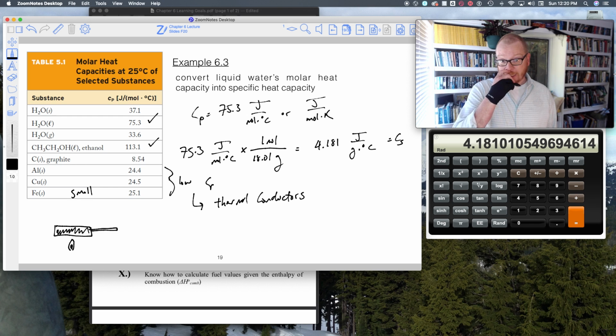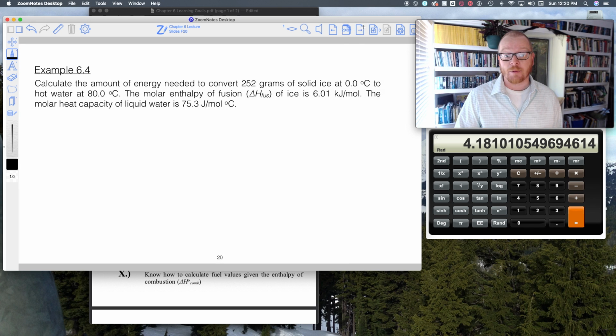Okay, so now let's do a sample problem. This one is going to be a little bit more difficult. I'm going to walk you through what we're doing. Okay, calculate the amount of energy needed to convert 252 grams of solid ice at 0 degrees to hot water at 80 degrees. Okay, so what we're doing, if we go back to that heating curve that I showed you,